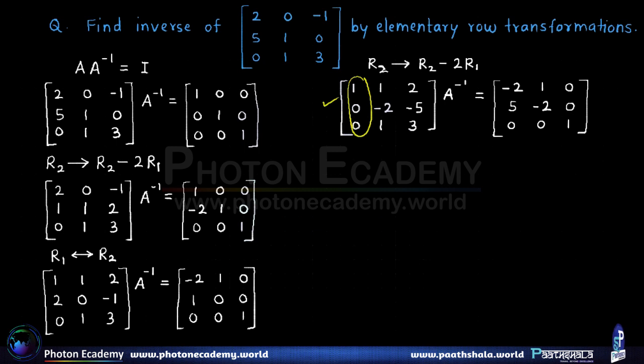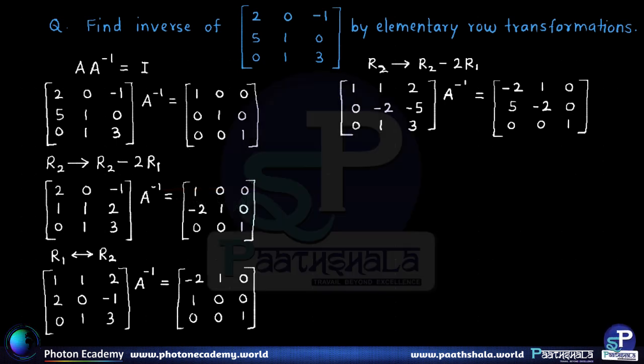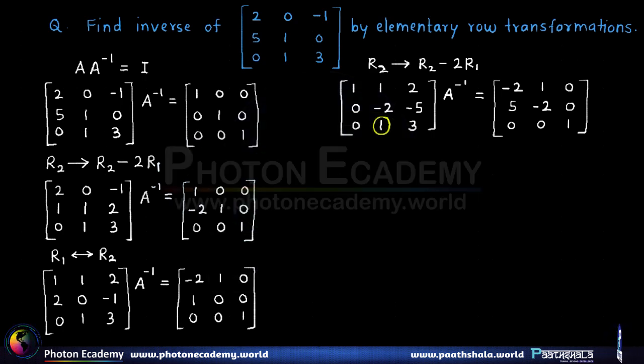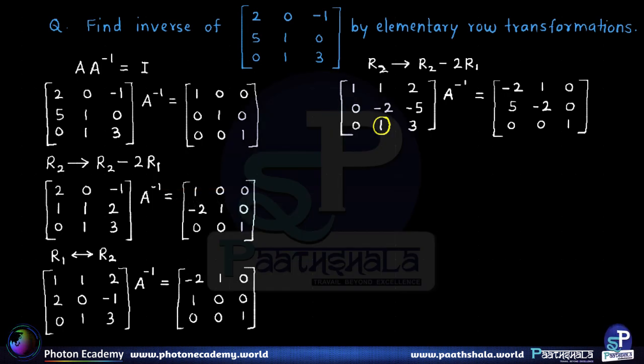Now we turn our attention to the second column. That means we have to achieve 0, 1, 0 in the second column, right? So now if we look at the elements of the second column, whatever we have got at this stage, we already have this 1 in the third row. So only if we just interchange the second and third row, the 1 will go to its correct place, isn't it? So without doing any further complicated transformations, just by mere exchange of rows, we can achieve 1 in its correct place. So therefore let us do that particular transformation, which is nothing but